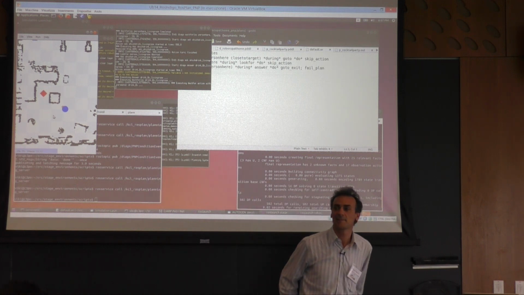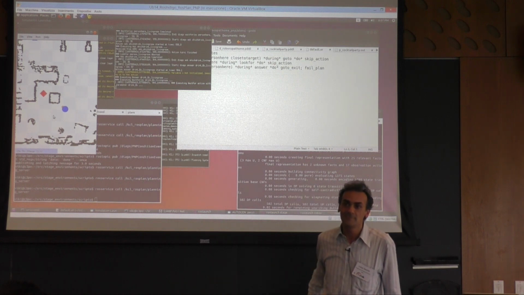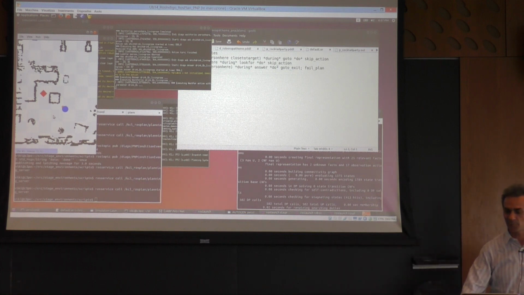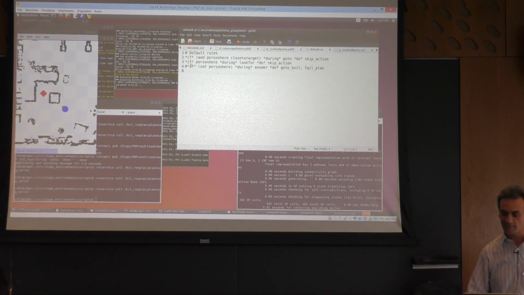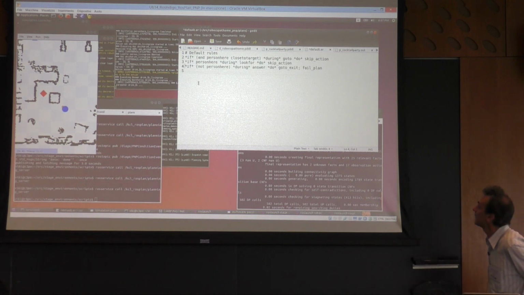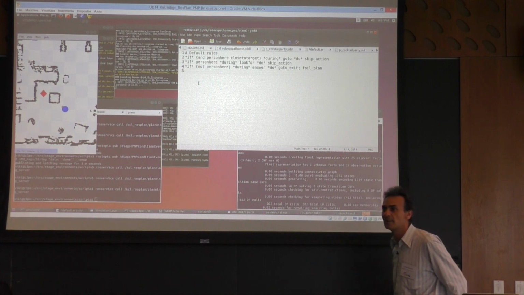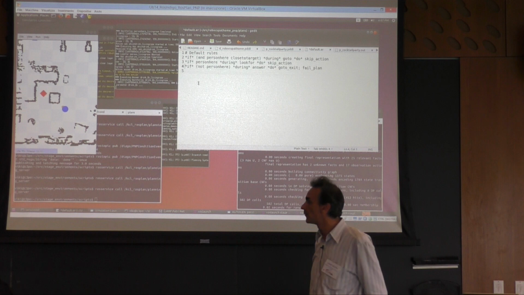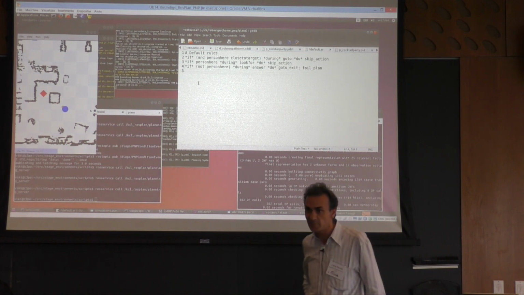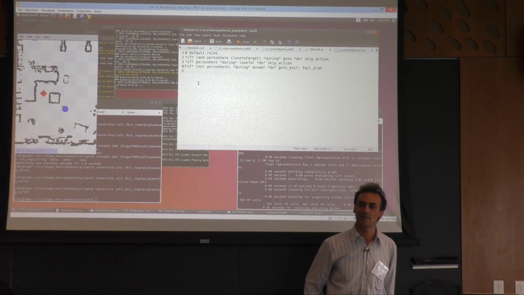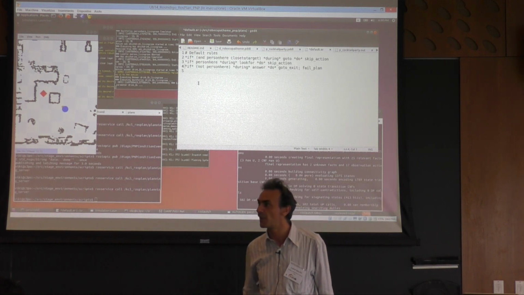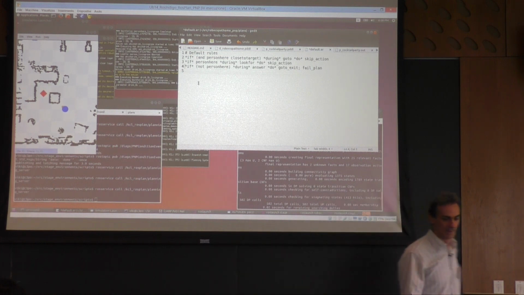So again, what we can do is to make the plan more robust to this situation by, for example, adding another execution rule like this that says that if there is no person during an answer action, then you cannot just stay there forever. You have to do something else. For example, in this case, the recovery procedure is just to go to the exit and fail the plan. But of course, you can have a recovery procedure to go somewhere else to find another person.